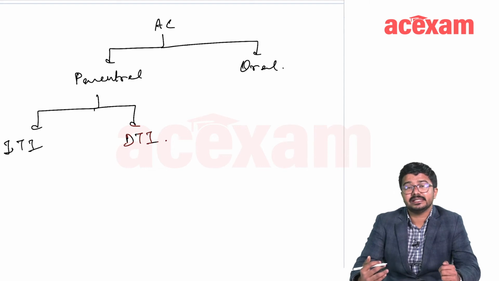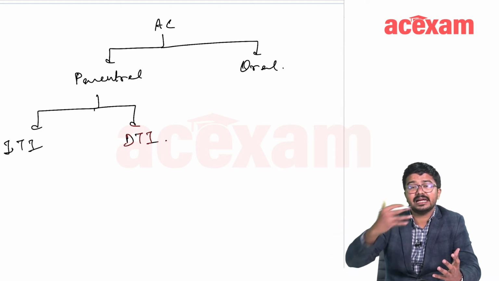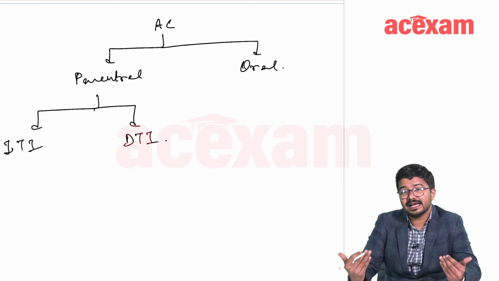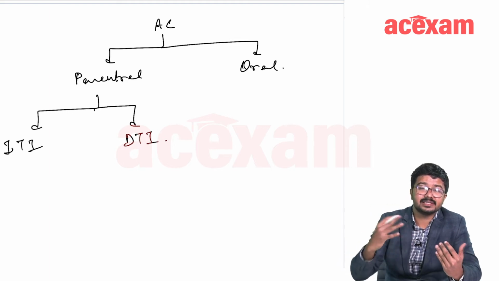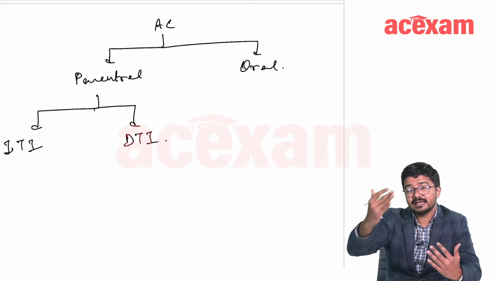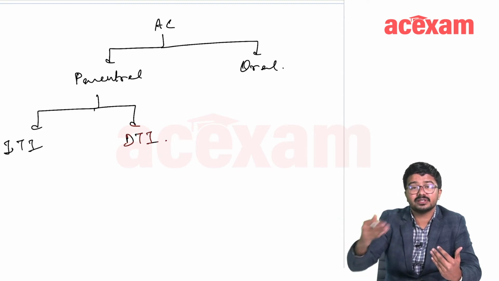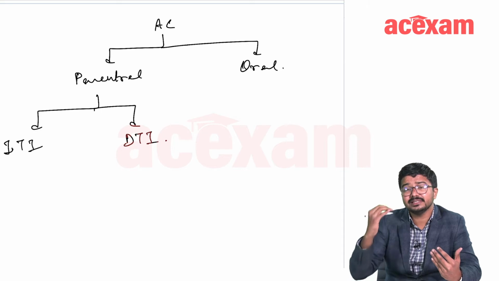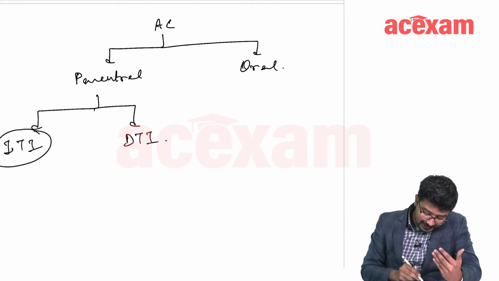So what does it mean? The indirect thrombin inhibitor basically means, just read out, indirect thrombin inhibitor. The thrombin is getting inhibited, but it is getting inhibited in an indirect fashion. How does it get indirectly inhibited? By means of enhancement of antithrombin 3. If antithrombin 3 gets enhanced, that's a protease which causes breakdown of 2A, 9A, 11A, 12A. So it causes breakdown of multiple coagulation factors, one among which is also the thrombin. So it is indirectly getting inhibited by means of antithrombin 3. So all those come under indirect thrombin inhibitor.